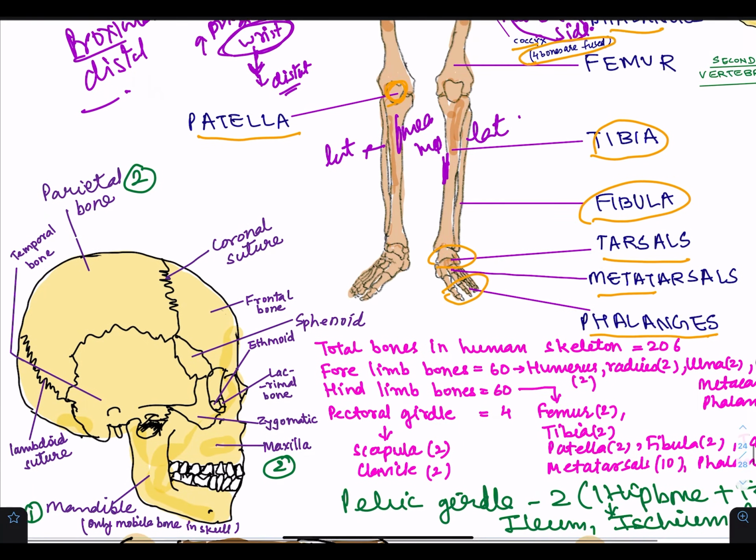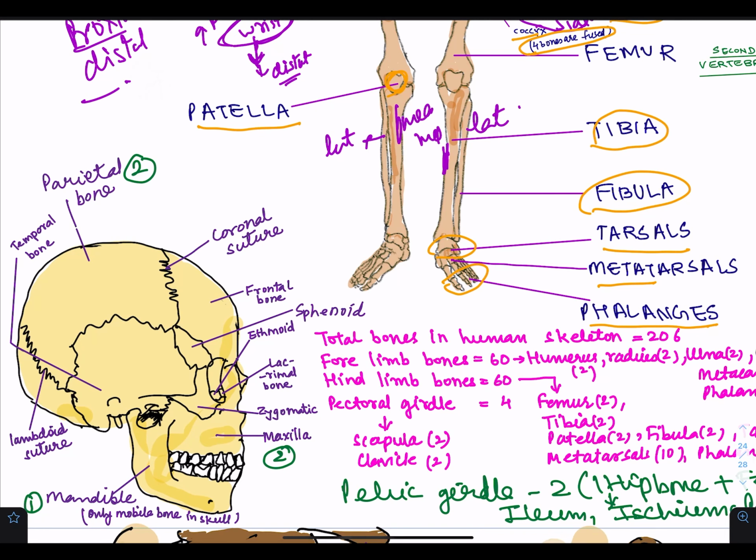Here is the lateral view of the skull. We can again see the frontal bone. As I told you, it is in the front. Just after the face ends, this frontal bone starts. This is the parietal bone. Here you can see the temporal bone. They are 2 in number, 1 on one side and the other on the other side of the face. This is the lambdoid suture. Here is the occipital bone.